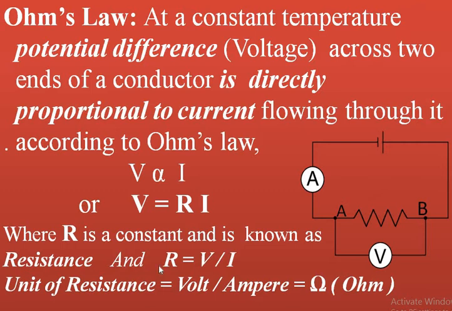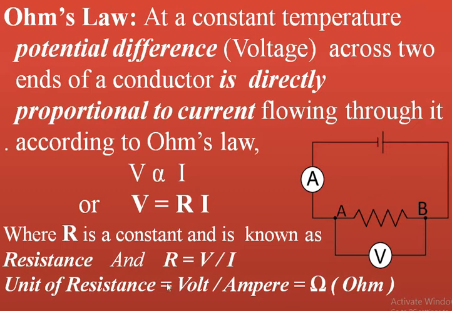I know you are familiar with the term resistance, but you may not know how to define it. So we can define resistance as the hindrance of the conductor or the wire to stop the flow of the current, or the hindrance that does not allow the current to pass smoothly through a conductor is known as its resistance.